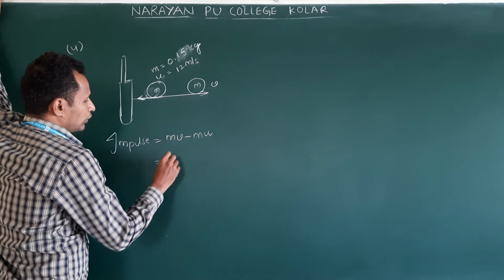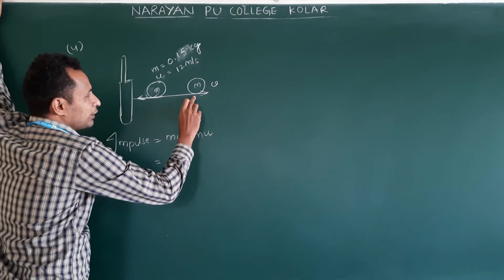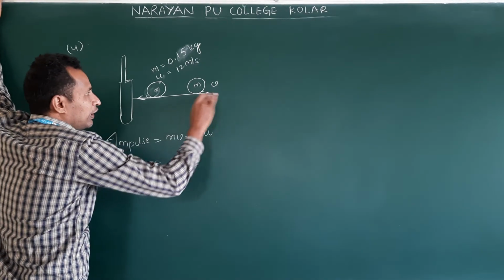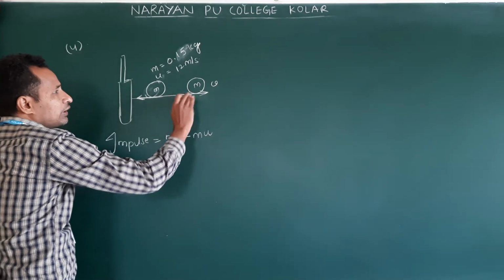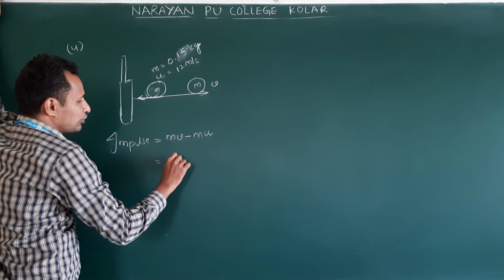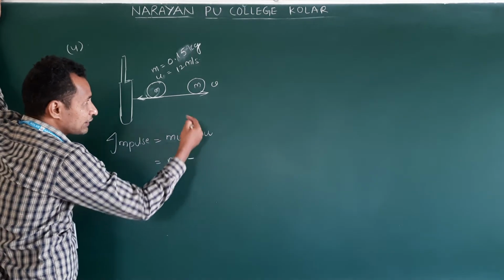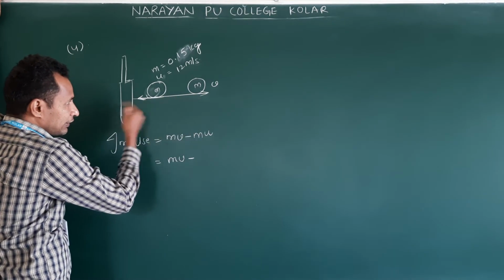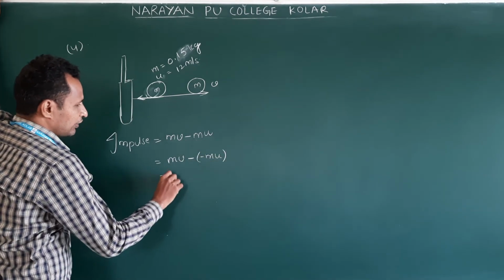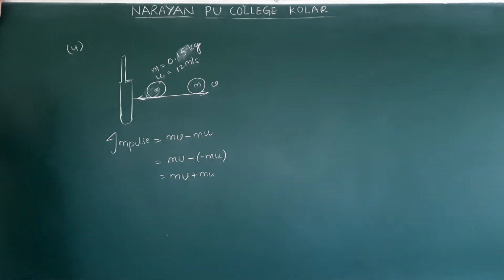Now, the final direction is moving in the positive direction, the X direction. What about the initial direction? It is opposite to the positive direction, right? So mv is already positive, and this minus is there in the formula. mu is acting in the negative direction, so this is minus mu. Then mv plus mu. This is the impulse imparted.